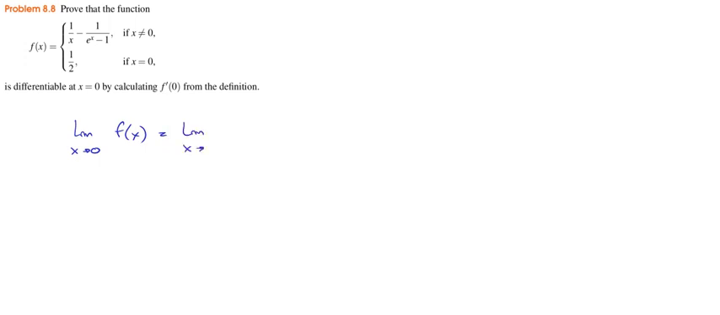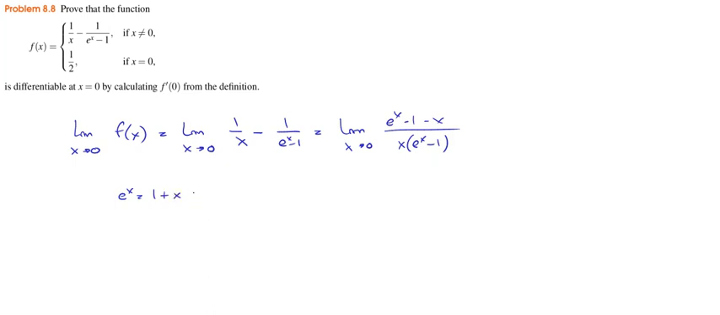The limit when x goes to 0 of 1 over x minus 1 over e to the x minus 1. Or in other words, the limit when x goes to 0 of e to the x minus 1 minus x, all of this divided by x times e to the x minus 1. Now we know that e to the x is 1 plus x plus x squared over 2 plus small o of x squared. We substitute it here, we have the limit when x goes to 0 of, and then we have e to the x minus 1, so 1 goes away, minus x goes away, we have x squared